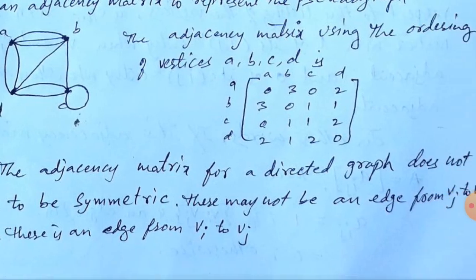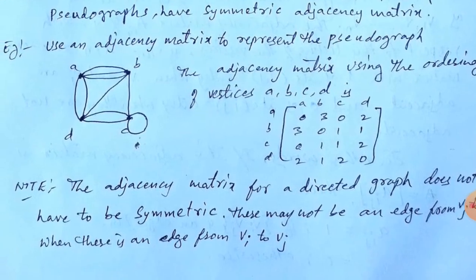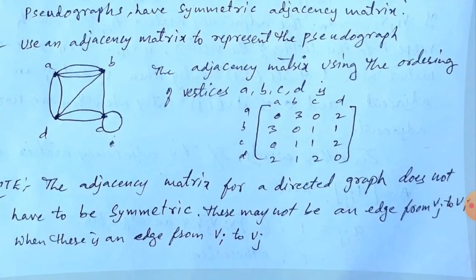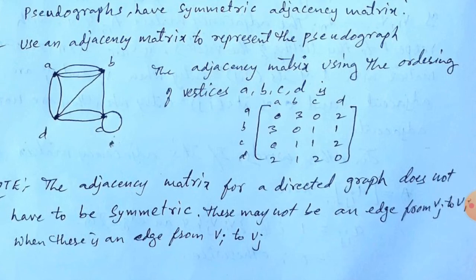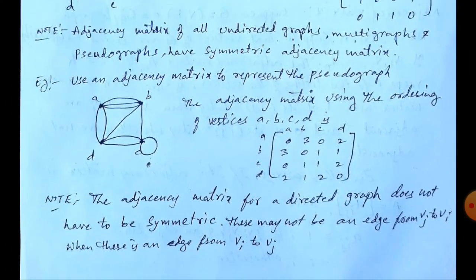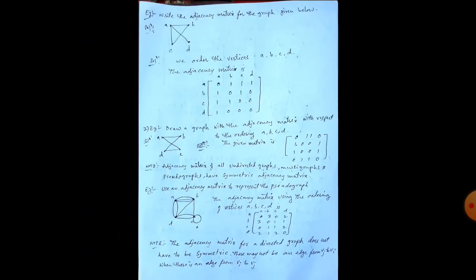The adjacency matrix for a directed graph does not have to be symmetric. There may not be an edge from Vj to Vi when there is an edge from Vi to Vj, because the order is important here. So that's why